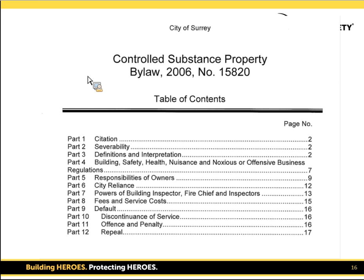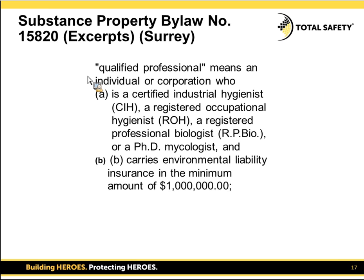I've pulled out a few excerpts from the City of Surrey's bylaw. It was originally written in 2006 and has been revised several times, and it's probably the best bylaw out there currently. They define a qualified person as an individual or corporation who is a certified industrial hygienist,